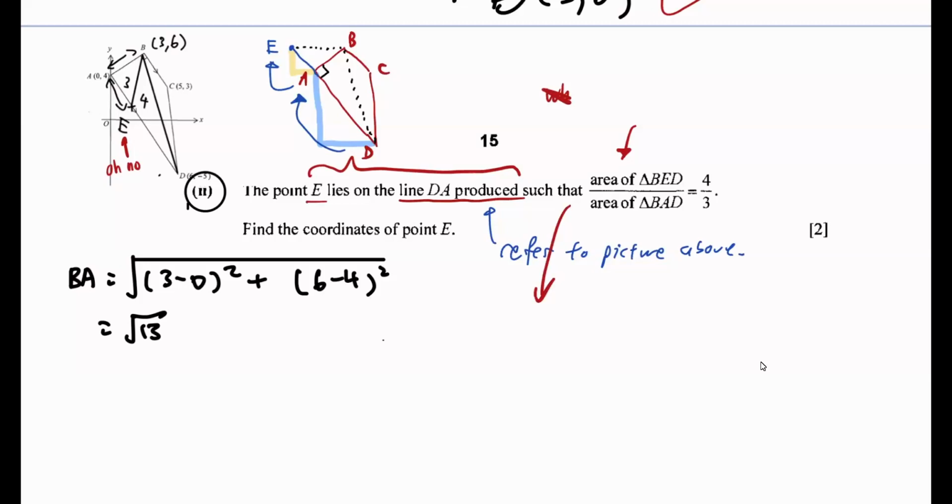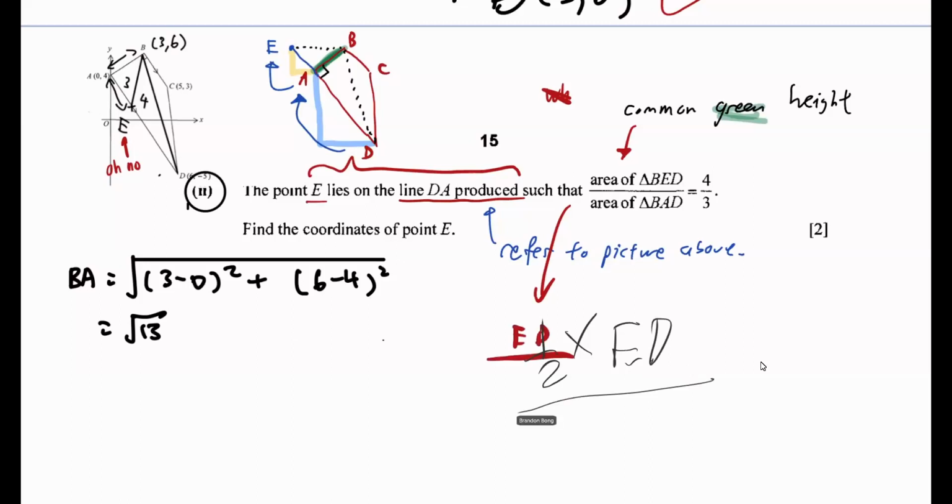They share a common green height here. So what is the base of triangle BED? BED is just ED. Right. So therefore, I can replace it with ED over